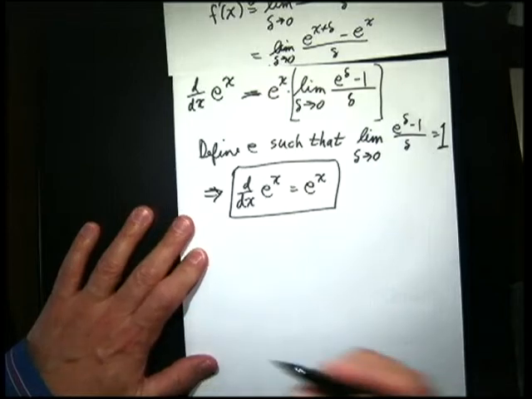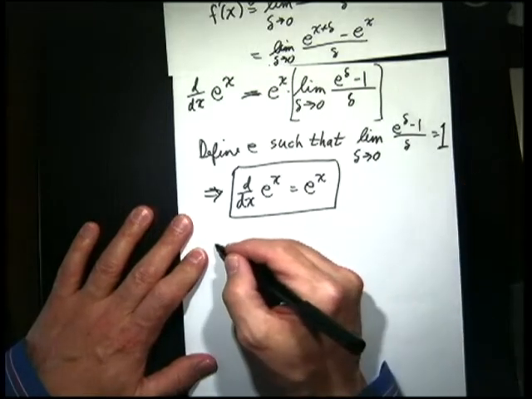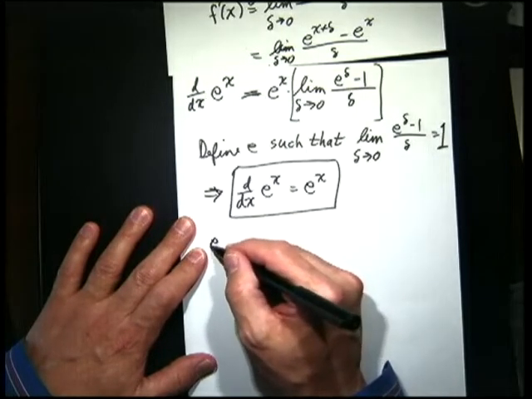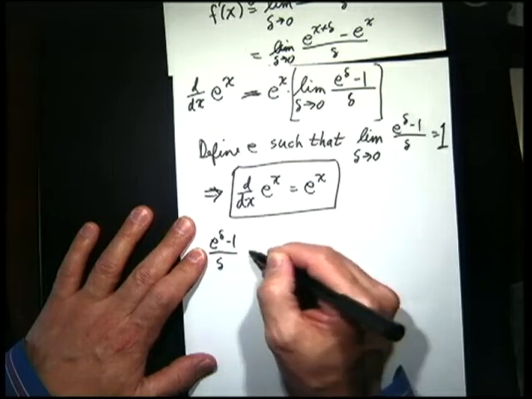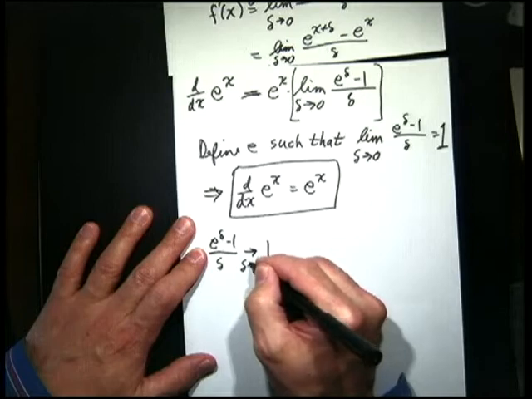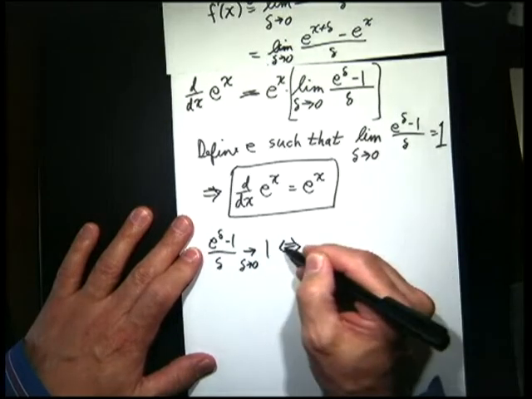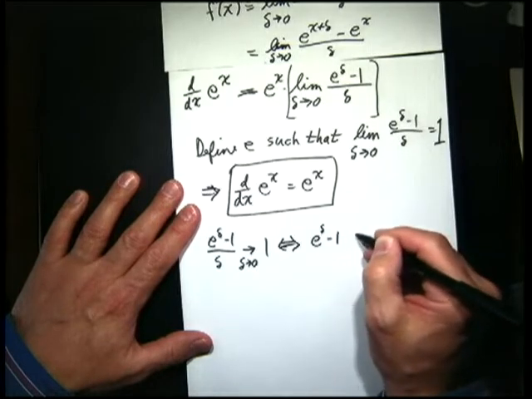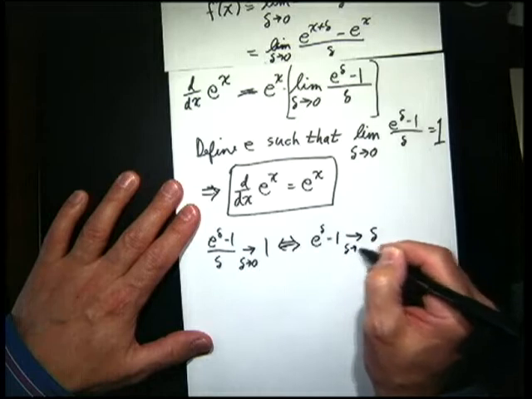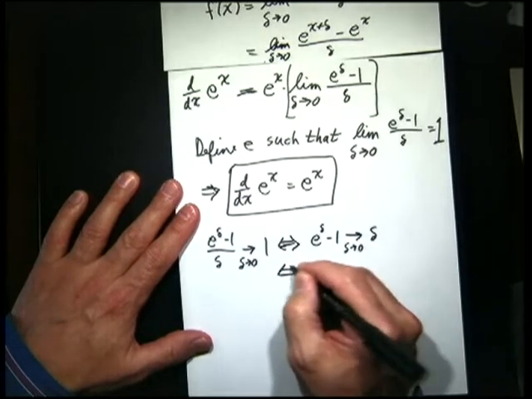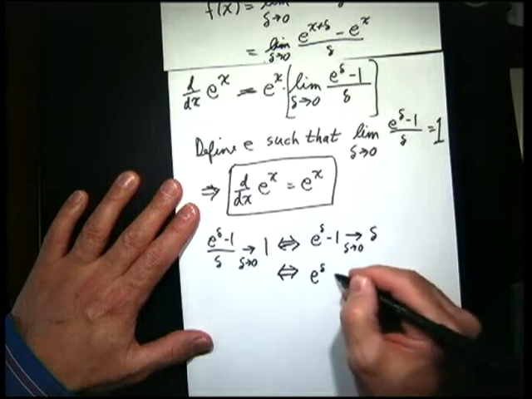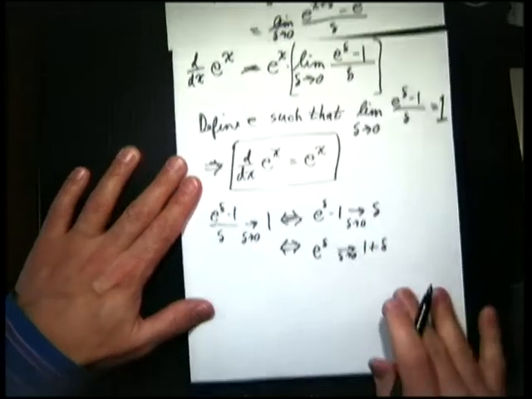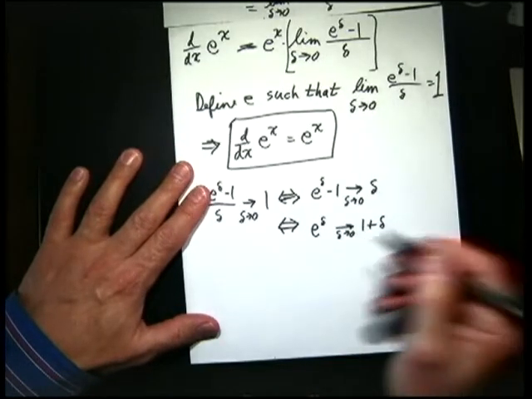Well, we're saying that for this to be true, let me just say it like this: (e^δ − 1)/δ goes to 1 as δ goes to 0, which is true if and only if e^δ − 1 goes to δ as δ goes to 0, or e^δ goes to 1 + δ as δ goes to 0, or